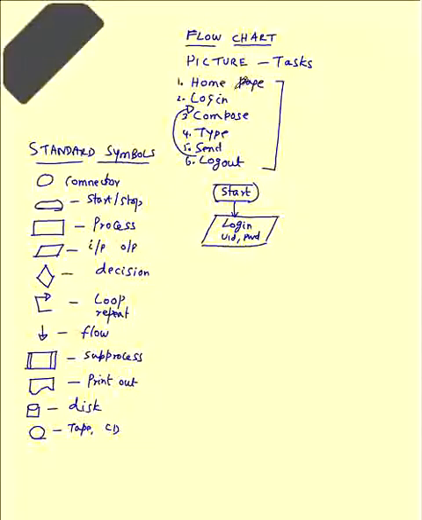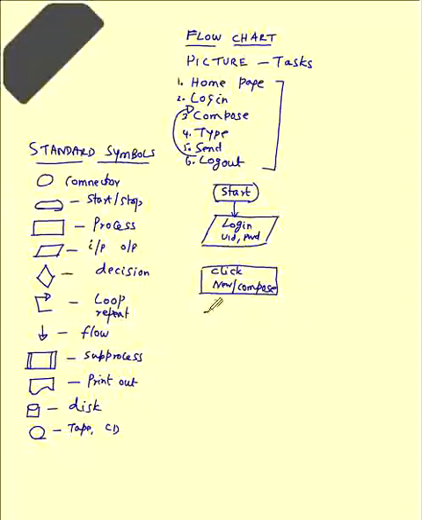So first start your program, then login, user ID, password. Home page I have not used over here. I assume the person has already visited the home page. Then compose. It can have multiple steps. Let me say click new or compose. This is a simple step. It is not a typing input, so I am using the rectangle.